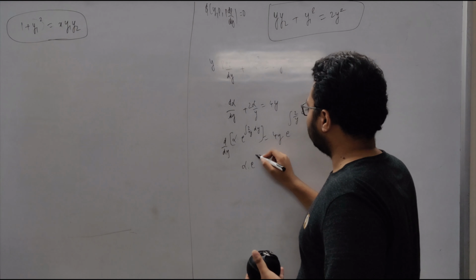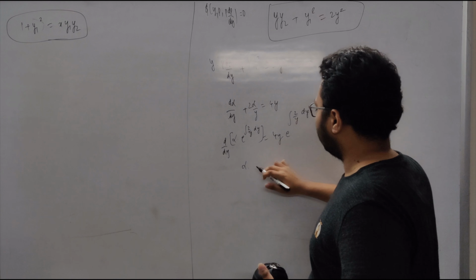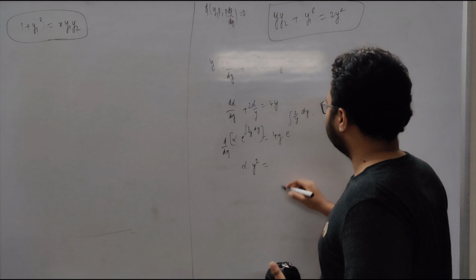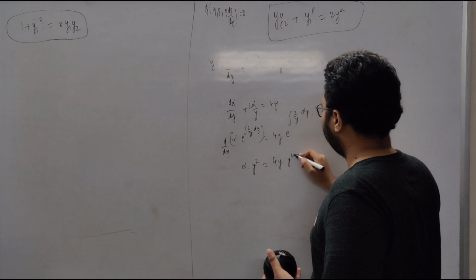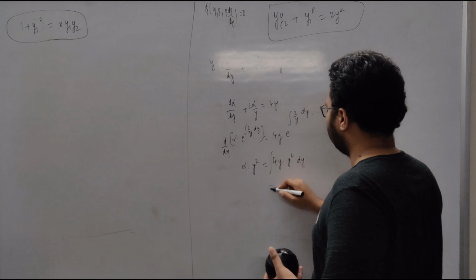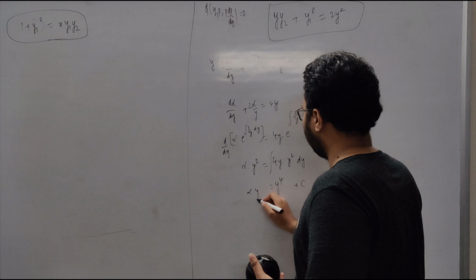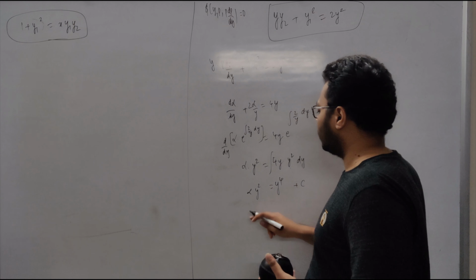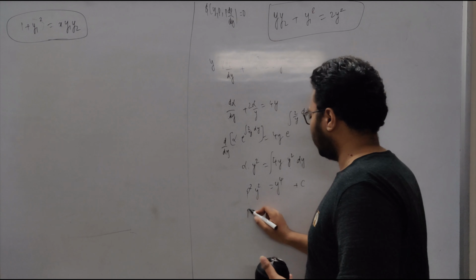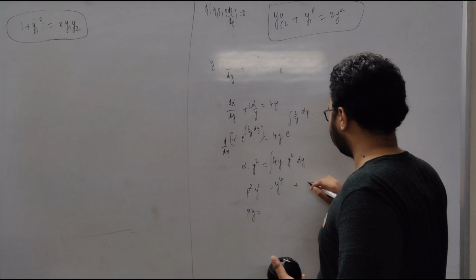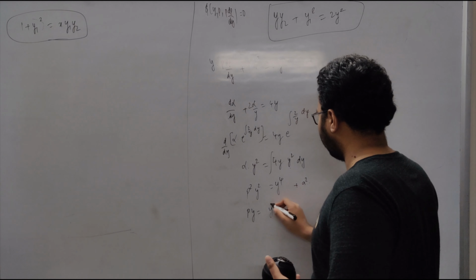And this is equal to e to the power ln y square, and that is y square itself because of the f inverse f x. The integral of this is y^4 plus some constant c, alpha y square. Now alpha was p square, so we have p square y square equals y^4 plus c. So let's say c is a square, so p y is the square root of y^4 plus a square.